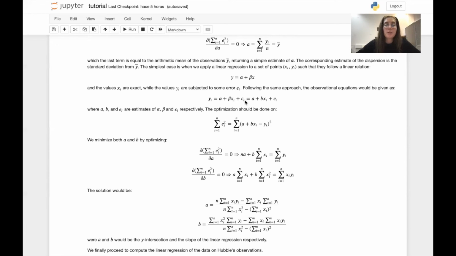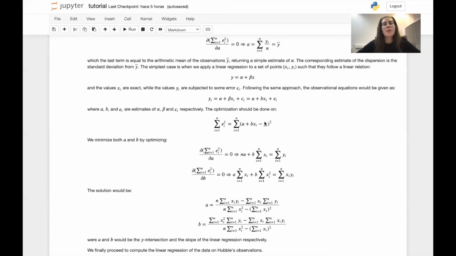and we want to estimate them. So what we can do is to say, okay, I want to estimate actually alpha, and my estimate would be called A, beta would be B, and epsilon, which would be the noise, Gaussian noise actually, would be E. And what we would do is to send all these values to the left-hand side. And if we sum over all the noises of our observations, apply the square value of it because we would like to have them positive, and minimize that, we will actually find equations that describe which would be the coefficients A and B in this case, or our estimates on the coefficients alpha and beta that will decrease the